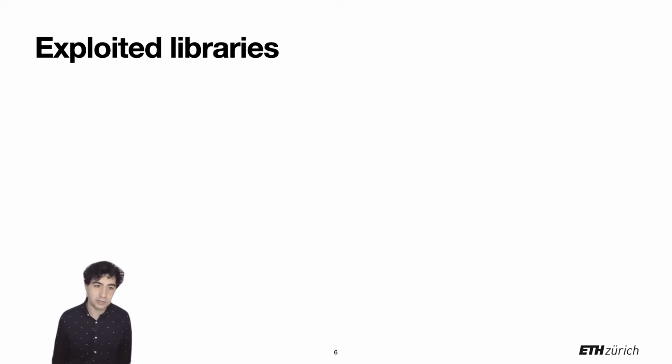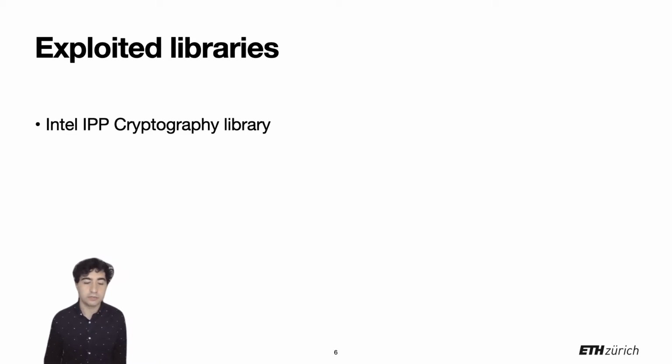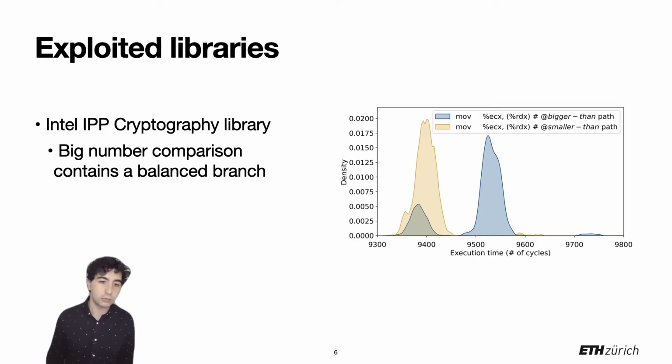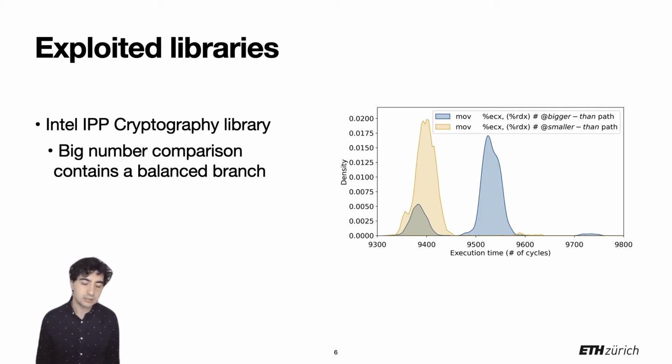We use this observation to exploit 2 commonly used libraries inside SGX. One of them is Intel's IPP cryptography library, which claims to be side-channel resistant. However, it still contains a balanced branch on some of its functions, for instance, when big numbers are compared. And when we time the execution of that comparison, we see the distribution shown here on the right, where on